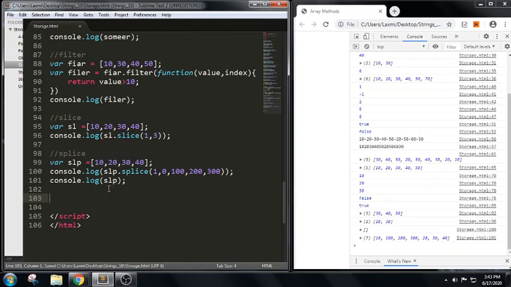This is slice and splice. Slice will try to take two arguments and it will try to subtract the first argument from the second argument. 3 minus 1 means 2, so it will try to delete from the first position the two elements. Next one, splice will have three arguments. First argument, where to start, next argument, how many to delete, and the third argument, what to insert. So based upon this, it will try to insert these array elements.